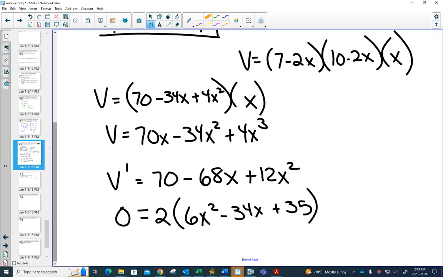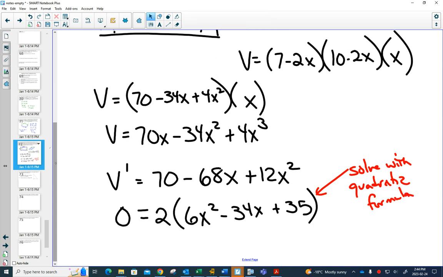And unfortunately, I don't think this one factors very nicely. But if it was a university class and you weren't allowed a graphing calculator, you could still solve this with the quadratic formula. However, if you were on an IB exam,